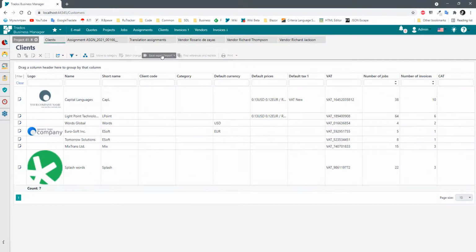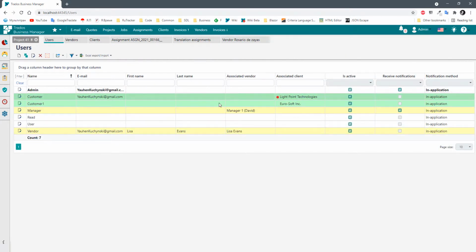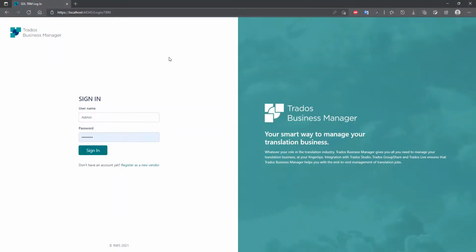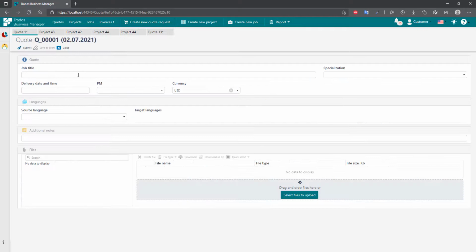We already have some clients in the list of clients and some vendors in the list of vendors. I won't be demonstrating how to create them. Also, under security users, we already have a customer user linked with some client, and a vendor user linked with some vendor. So our portals are also ready to work. Let's switch to another browser and log in as a customer. Then we create a new quote request